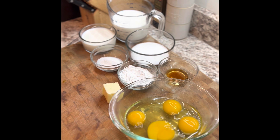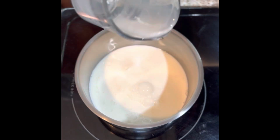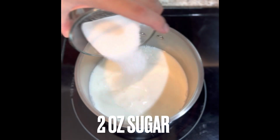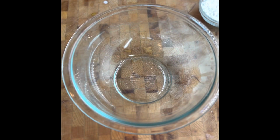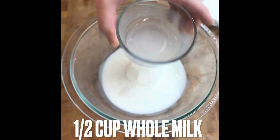So first we're gonna take our milk and our sugar, and we're gonna bring it to a boil. So while our milk is getting hot, we're gonna take a separate bowl, and we took the majority of our milk and we poured it in the pot, and then we set aside a half a cup of it, and we're gonna whisk that together with